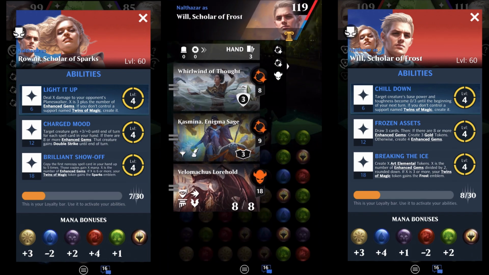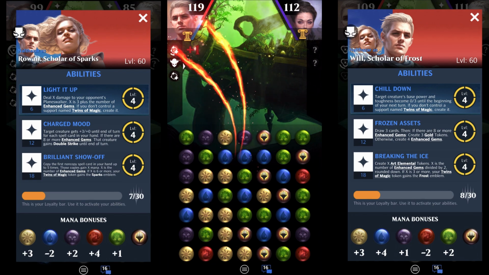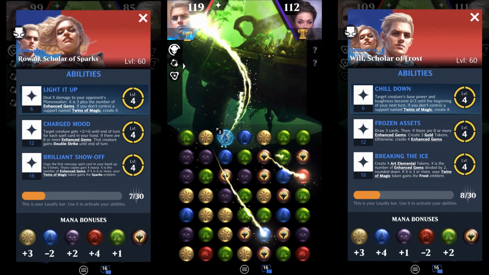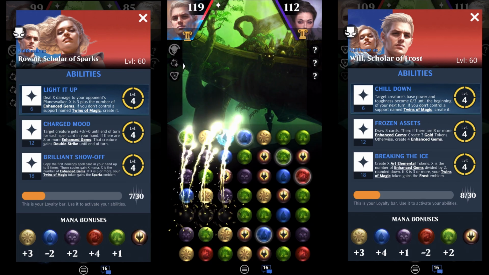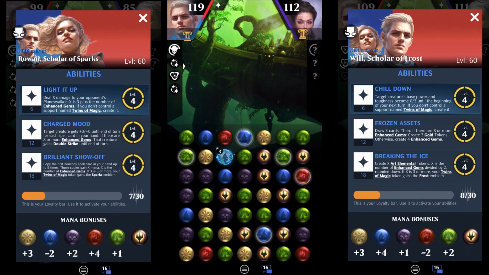So this third and final match is going to be a showcase of Will's third ability. And in the event that you're wondering, why is it that you're showing off these Planeswalkers' abilities separately, and why aren't you focusing on their second abilities? The reason for that is that although Rowan's second ability is good, Will's second ability is not particularly great, and